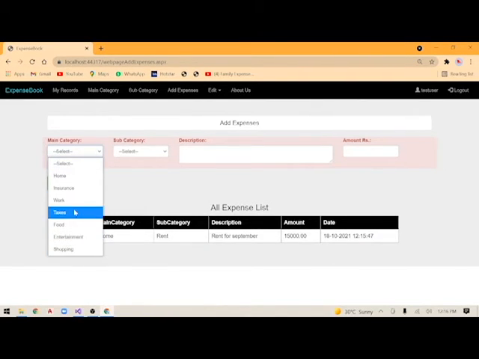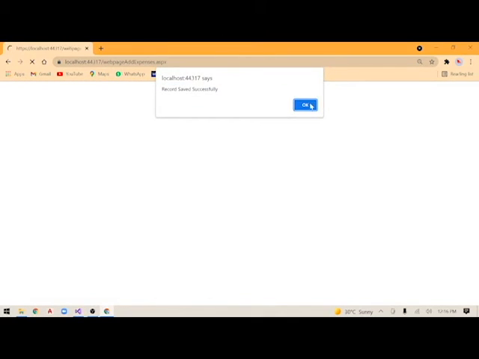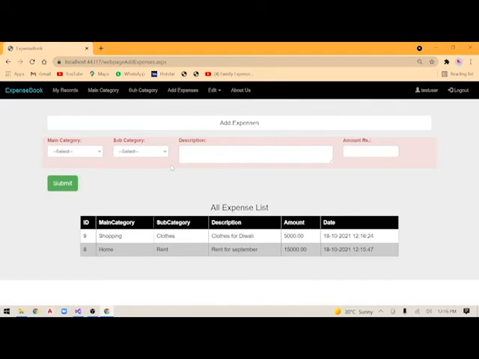Now let's also add another expense in shopping and subcategory clothes for Diwali, and we'll use 5,000 rupees for the new clothes, and the new record has been saved successfully.